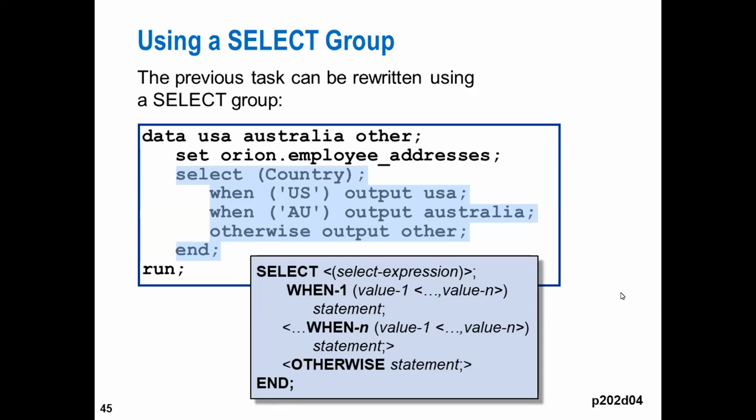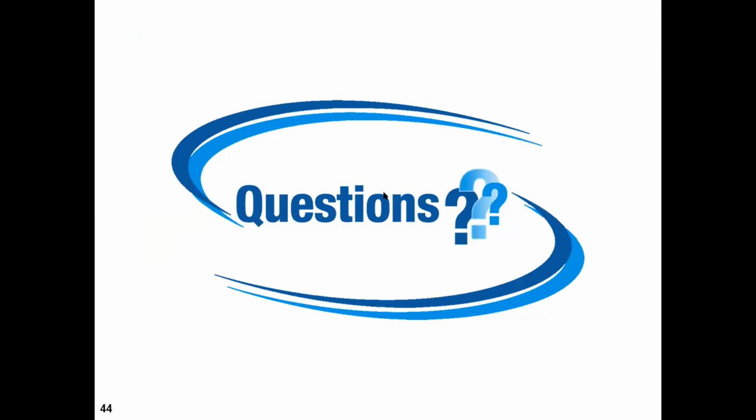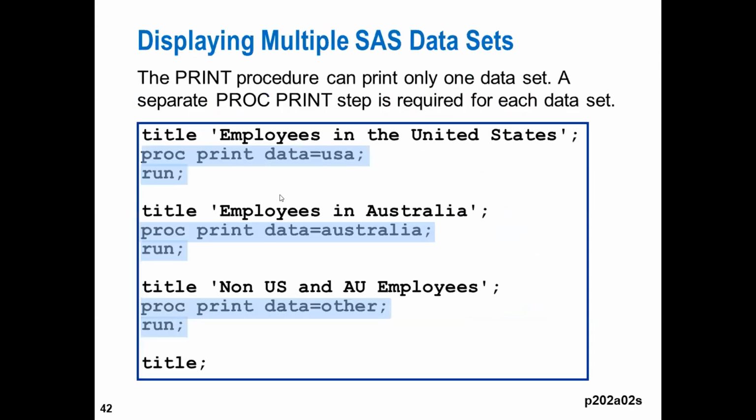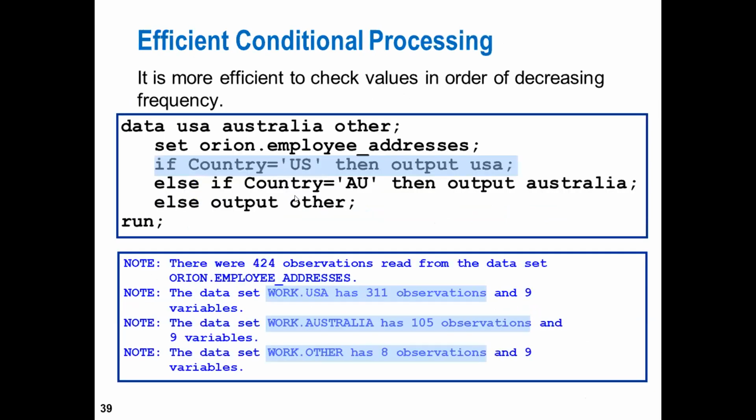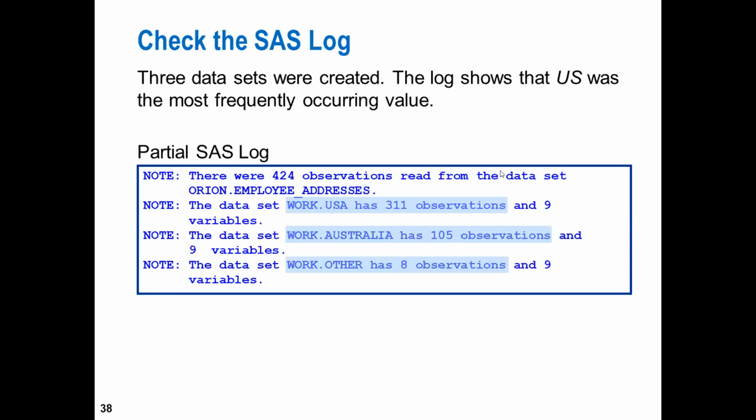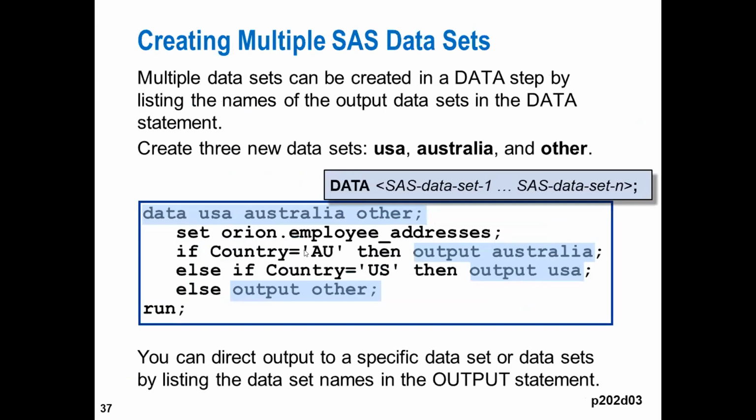Yesterday we saw how one can create multiple data sets. We had used the condition with if then else, where if the condition was true for the values of the variable country, where it is USA, then the data set value should be written to an output data set called USA. This we had seen with this type of syntax with if then else.